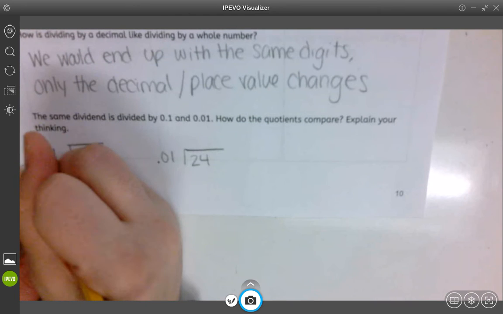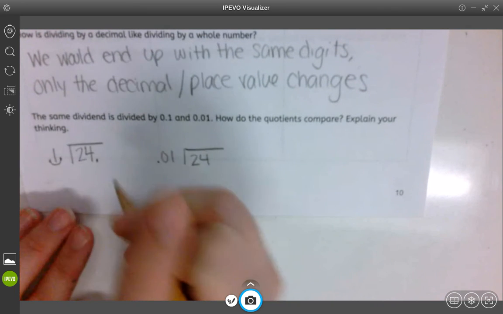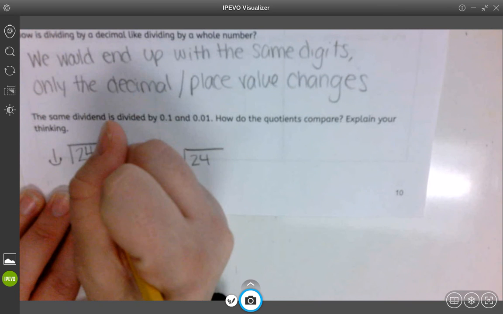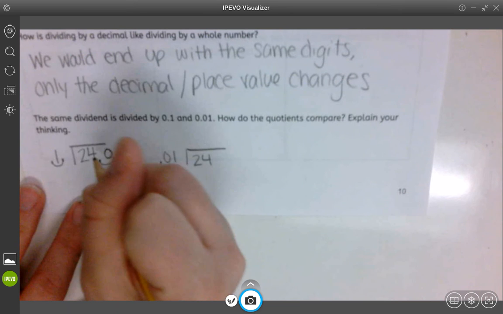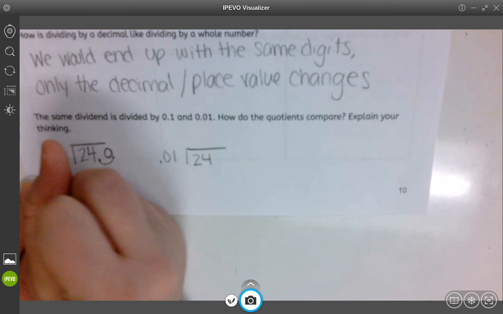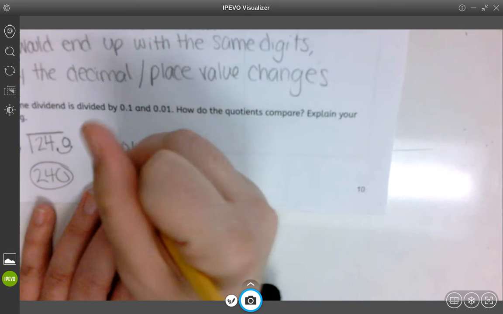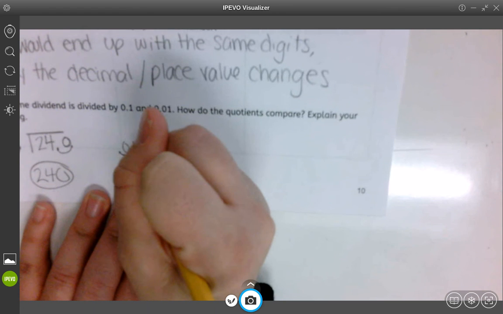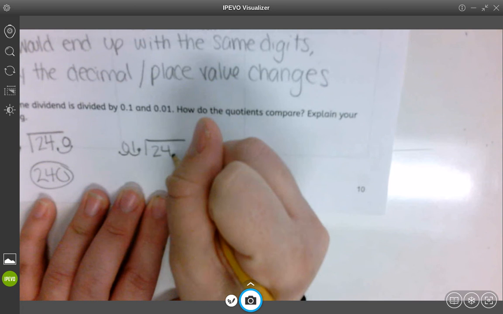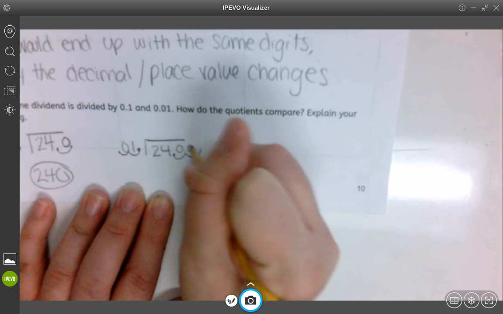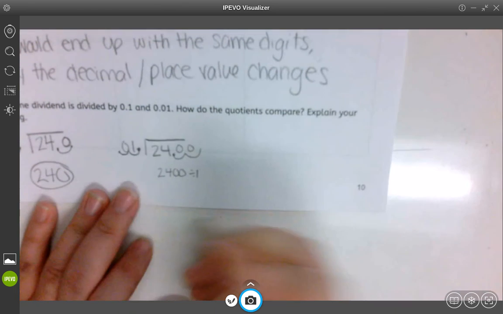So for this one, I need to move it once to get to the end of the number. So here's my decimal, right, because it's not given to me, and I'm going to move it once. So my new problem is 240 divided by 1. My answer is 240. Now for this problem, I need to move it twice to get to the end of the number. So I'm going to put my decimal in, and I'm going to move it once, twice. And this problem is really saying, what is 2,400 divided by 1? Well, the answer is